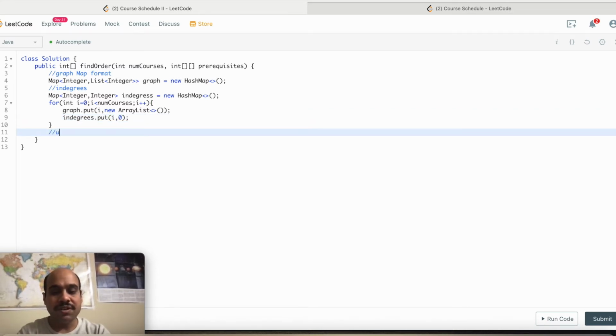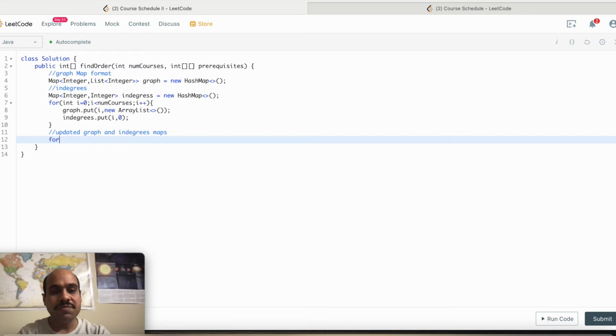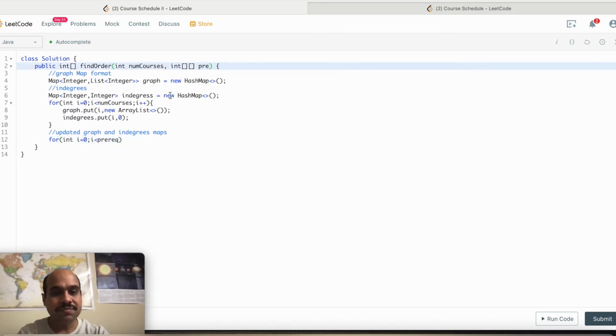Then we need to update the graph and in degrees maps. So this would be updated using the prerequisite array. So for int i equal to 0, i less than prerequisites, I can mistype it, so let me put it as pre.